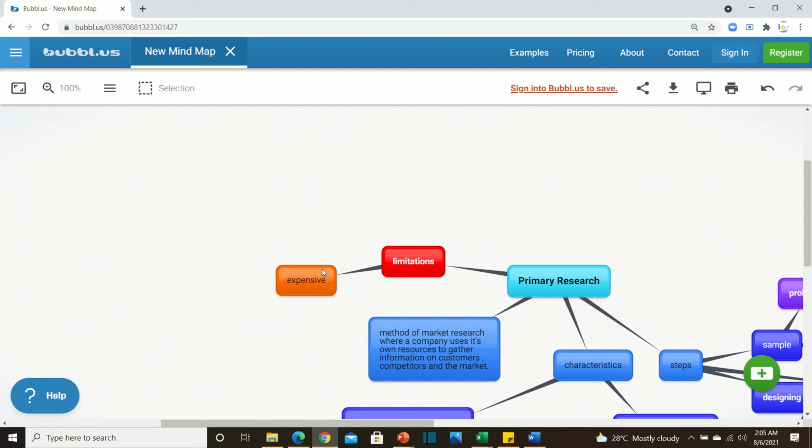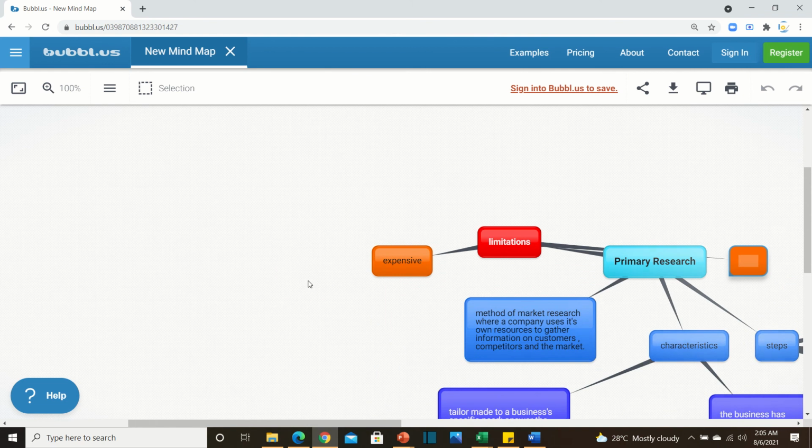Either that, or what you could do is, even if you go out on your own in the market, then you would need to train people. That is going to result in cost. You would need to get people stationed at a particular place. You would need to set up spaces जहाँ के ऊपर वो बात कर सकें, वो वहाँ के ऊपर रिसर्च कर सकें, वो वहाँ के ऊपर इंटरव्यूज़ कर सकें. So maybe you will be hiring a hotel for that purpose, or a conference room, and that is expensive in its own right.